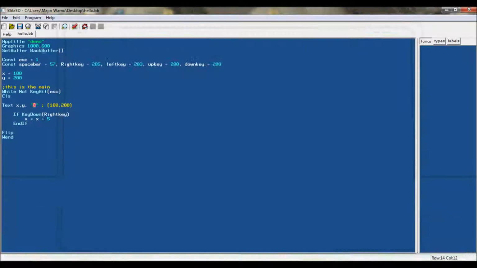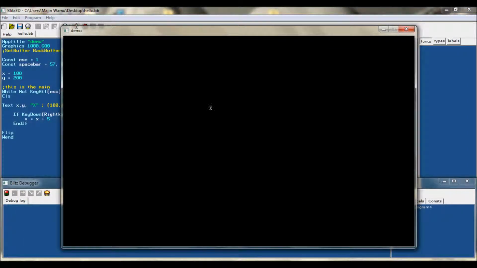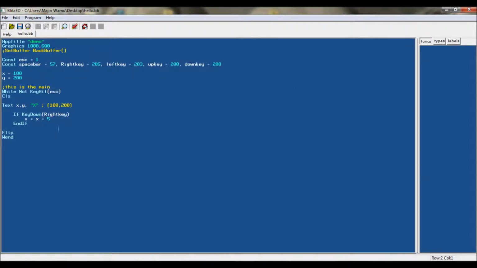Nice move. Now, remember, like I said before, if we get rid of this right here by commenting it out, look what happens. It skips frames. Why? Because the computer is quickly trying to draw the next frame onto the screen, and while it's doing that, this is still adding to X. So when it finally gets a chance to put the next frame on top of the screen, this probably already equals more than just 10. I mean 110, 105 or whatever it's supposed to add. So putting that back on, you see a much smoother